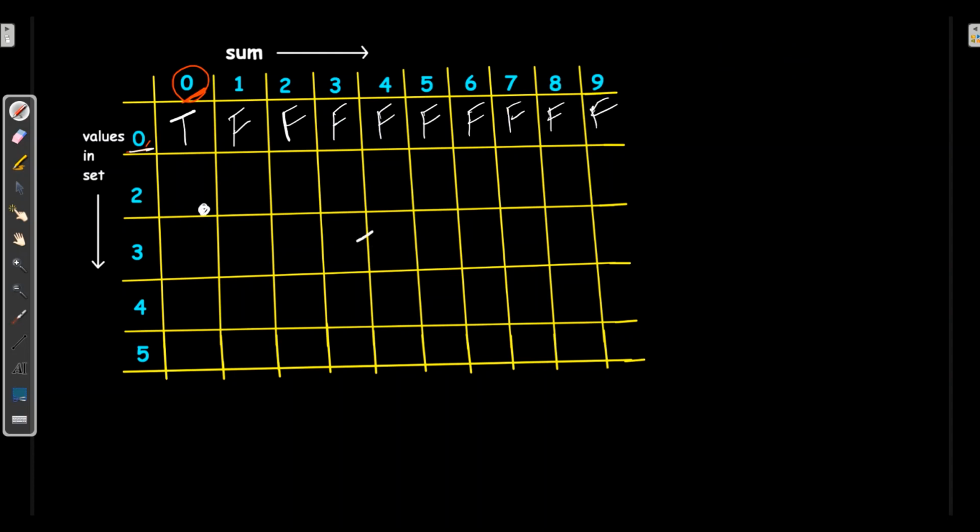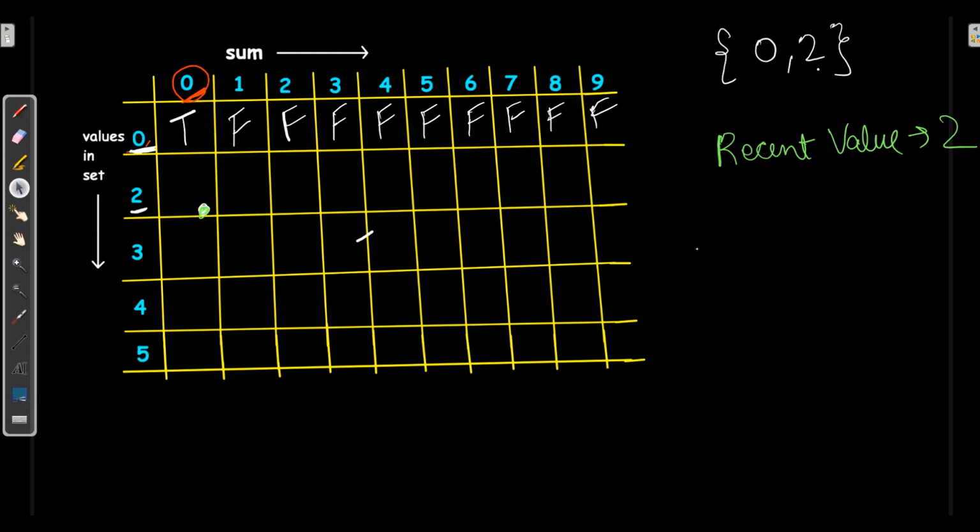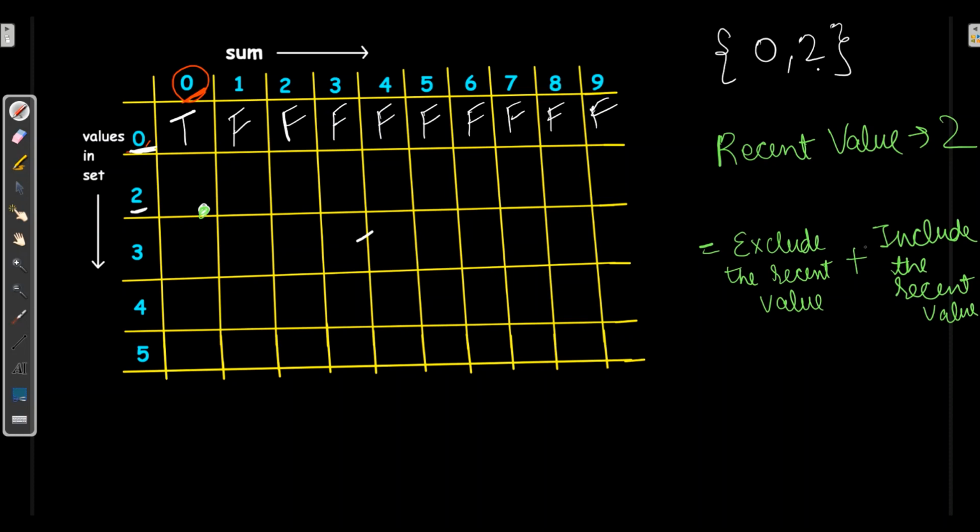Now at the time of filling this, we have 0 and 2 in our set. 0 is the earlier value and 2 is the recent value. While filling this, we need to keep in mind: first exclude the recent value, then include the recent value, and the combination of exclude or include gives the resulting value of the matrix.